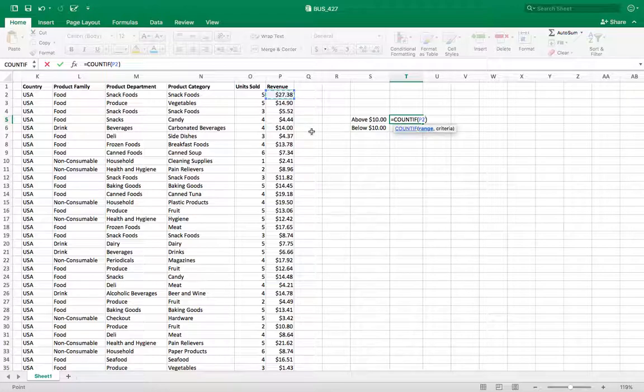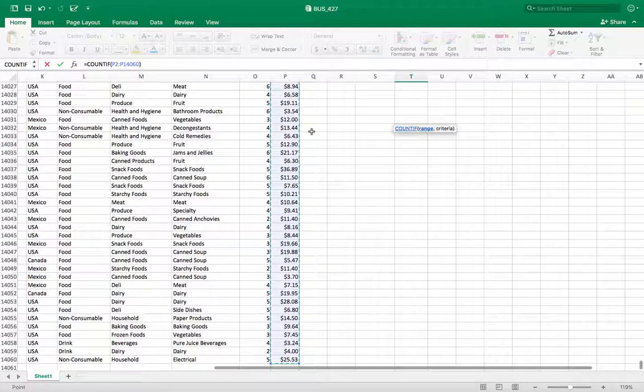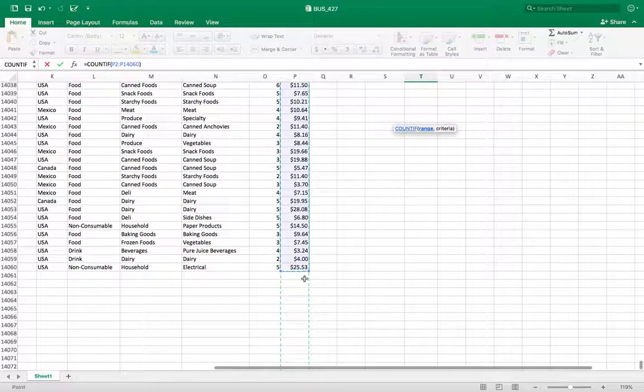And if you have a lot of data and you're on a Mac, you can go ahead and hit Command Shift and then whichever direction you want to go. In this case, we'll go down, hit the down arrow, and it'll take you to the bottom of the list. So then